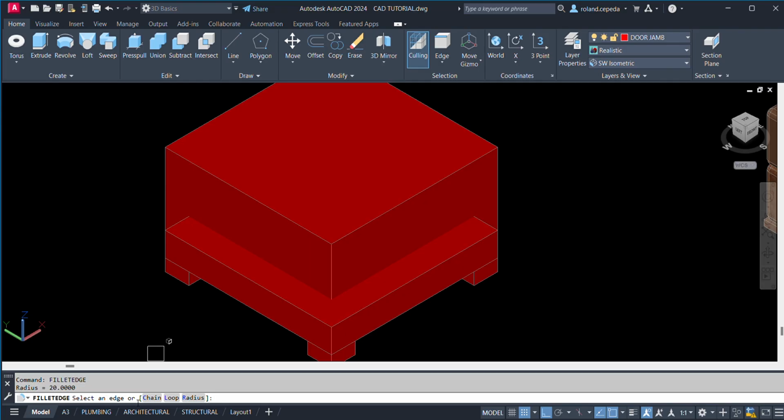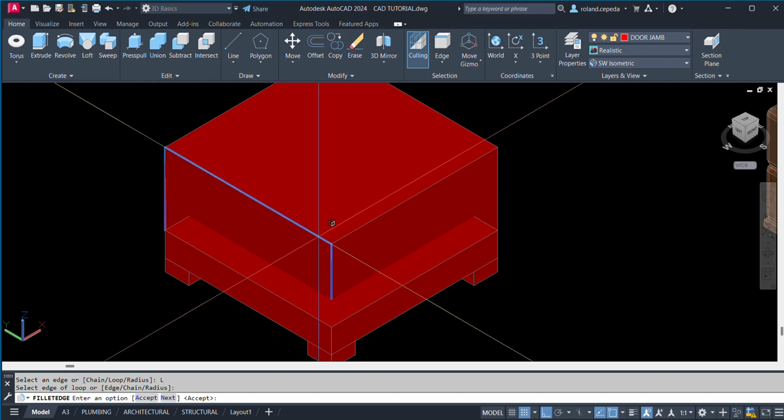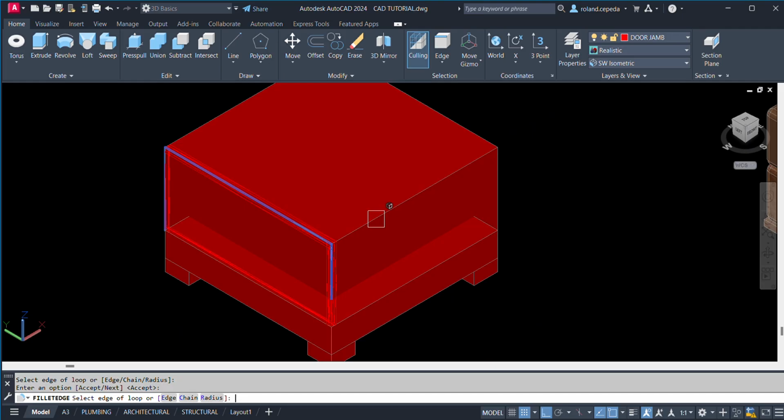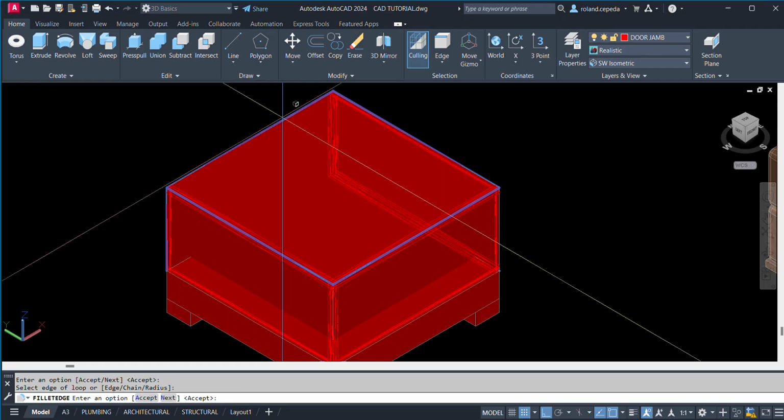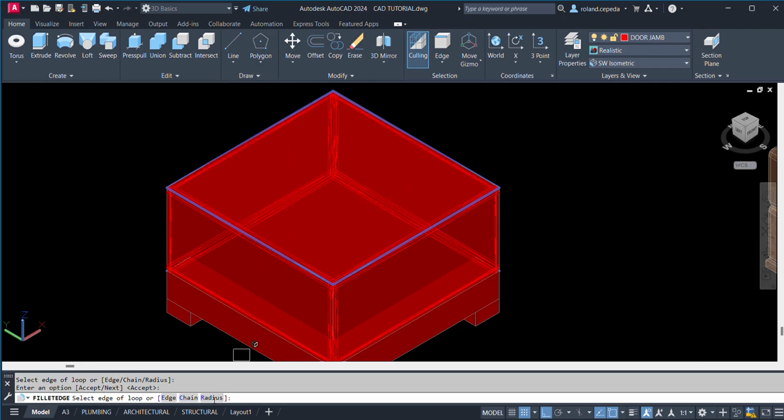So I'll select an edge or loop. I'll just select this loop. So this one, this one, this one, and this one. And then I'll input radius. For the radius, I'll just type 20 mm.